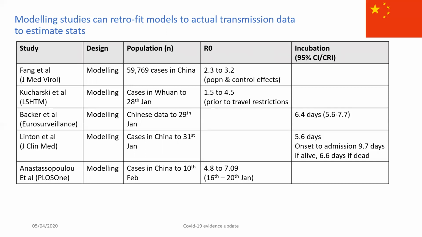The final study listed in the table was conducted on the explosive number of cases in mid-January in China and shows how high the R0 can be during periods of high transmission, ranging from 5 to 7. This just demonstrates how difficult it can be to predict the behavior of a new infectious disease in a population, particularly when it comes to trying to estimate the number of cases and deaths, as well as identifying appropriate and proportionate control measures to put in place.